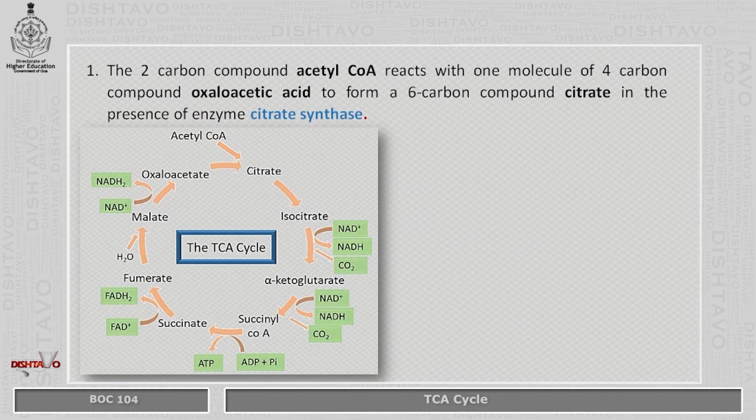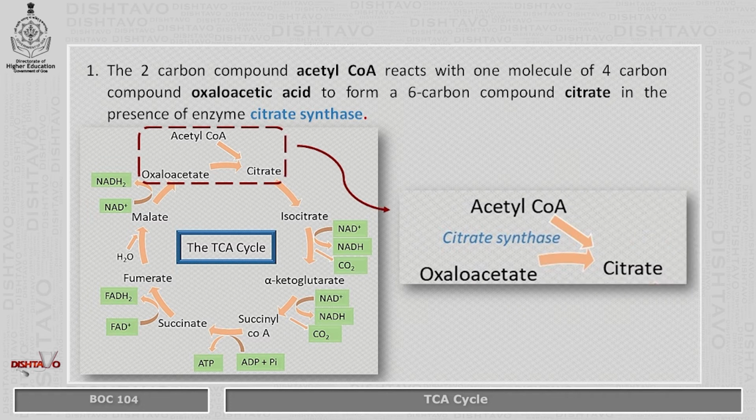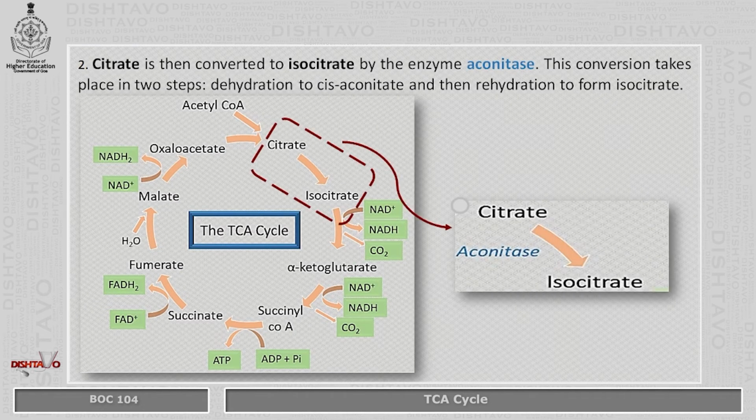The first step: here the 2-carbon compound, acetyl-CoA, reacts with a 4-carbon molecule, oxaloacetic acid, forming a 6-carbon compound called citrate in the presence of the enzyme citrate synthase. Citrate is then converted into isocitrate by the action of the enzyme aconitase. This conversion takes place in 2 steps. The first step involves dehydration, wherein citrate is converted into cis-aconitate, and then